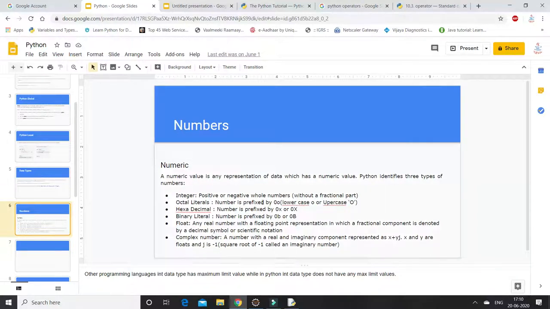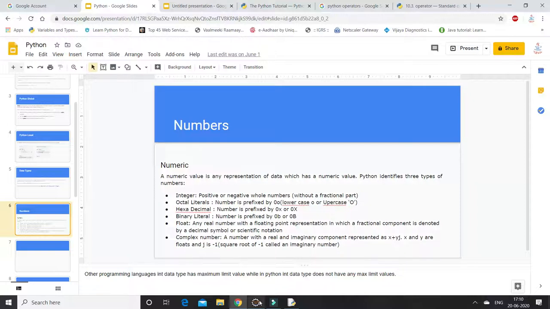Octal numbers are prefixed by 0 followed by o, hexadecimal numbers by 0 followed by x, and binary numbers by 0 followed by b. Complex numbers are represented as x plus yj, where x and y are floats and j is the square root of minus 1.